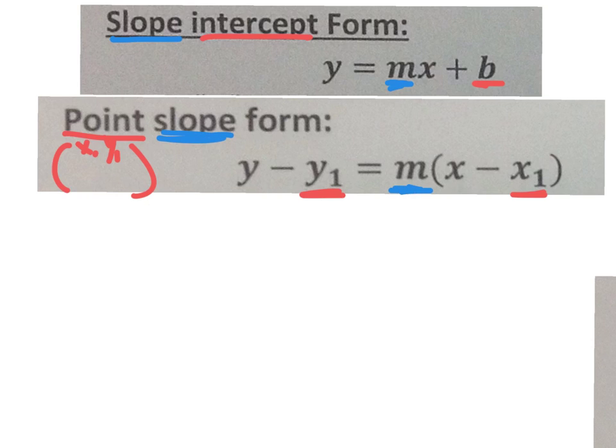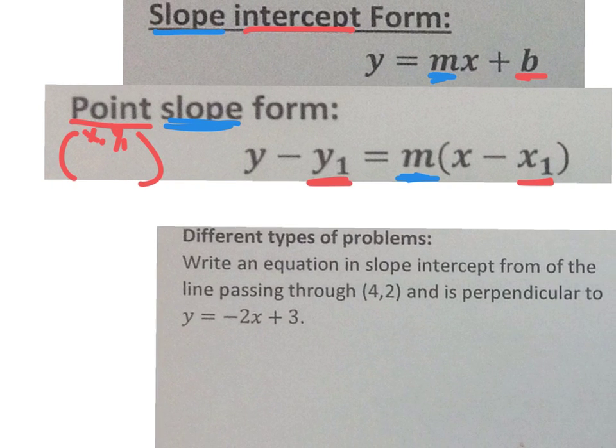So it's that simple, guys. Point slope is when they give you a point, which is right here, x1, y1, and they give you a slope, which is right here. Slope-intercept is when they give you a slope, right there, and they give you a y-intercept, which is going to go out here by itself. So let's use that knowledge to